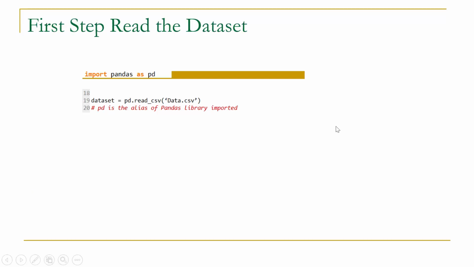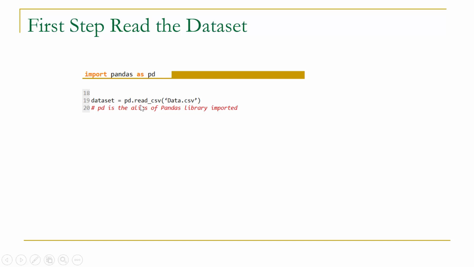In order to perform various data selection operations over a dataset, the first step will be to read the dataset. In order to read the dataset, we have to import the pandas library of Python, which is considered the sequel of Python, by using the syntax import pandas as pd. We can invoke all the functions of pandas by using the keyword pd.